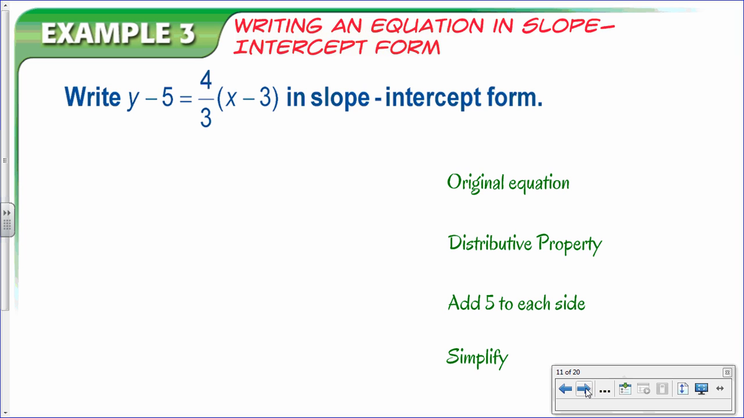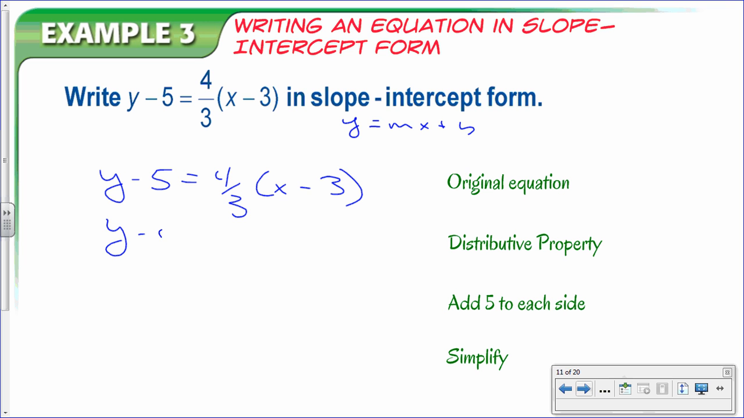Okay, example 3. Write an equation in slope-intercept form. What form is it in now? Point slope, so I gotta get it. What is slope-intercept? Okay, so I'm gonna have to move some things around, aren't I? Okay, what did I say? The first thing you need to do. How? What's called, what is that? Distributive property. That gives me 4/3 x